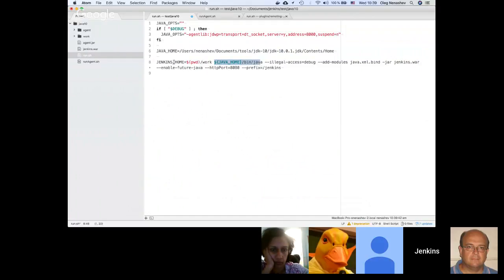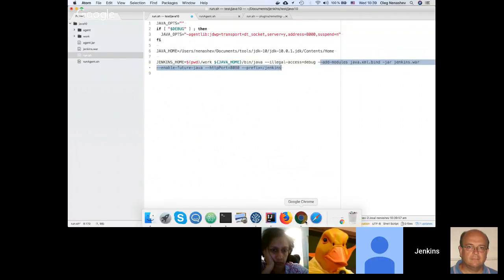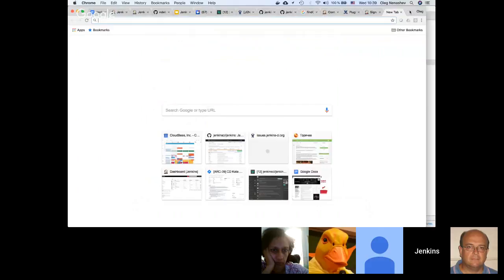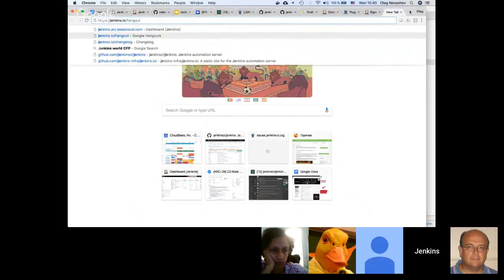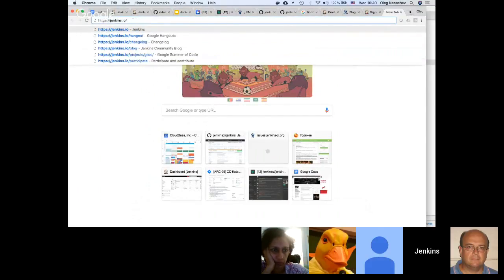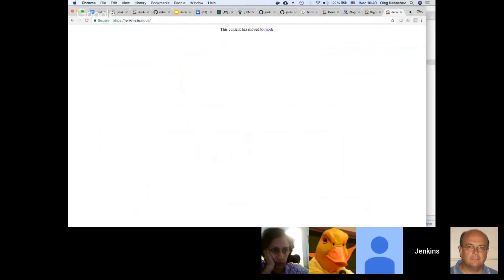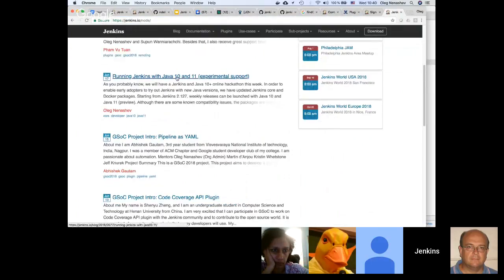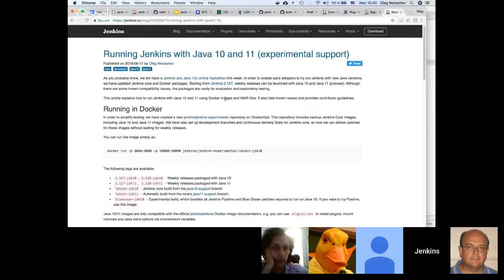Here I specify the Jenkins home to be used. Then I specify the Java version. I set the illegal access flag to get all notifications, and I specify modules, etc. This command has been built according to our running Jenkins guidelines. If you want more information, the data is here: the blog post, running Jenkins with Java 10 and 11.